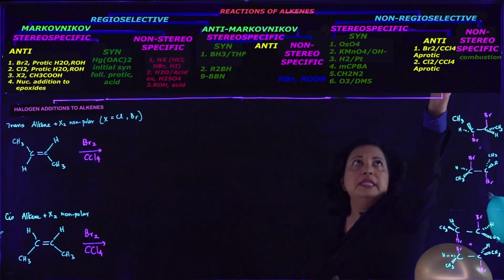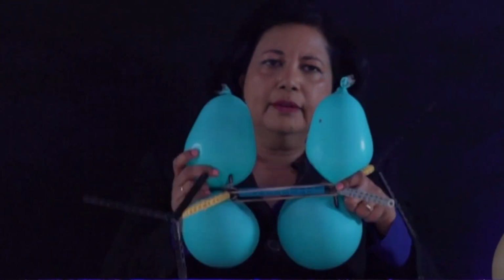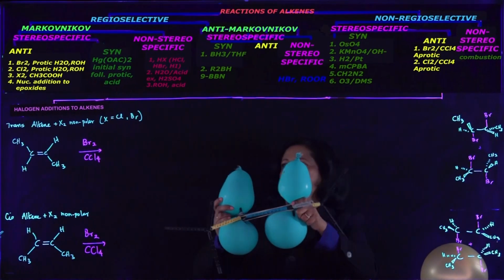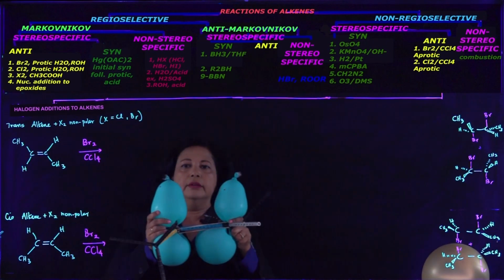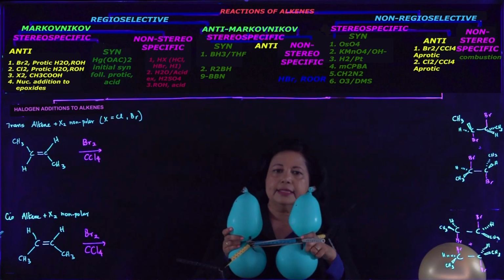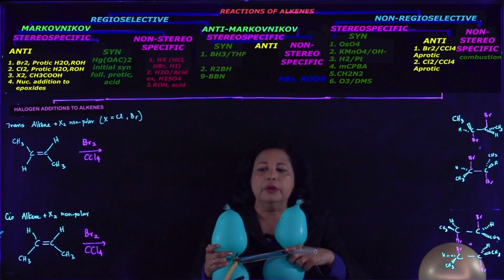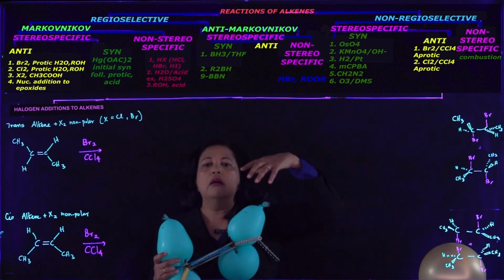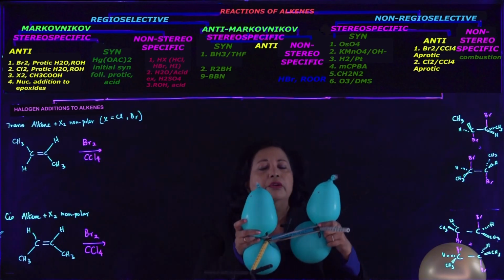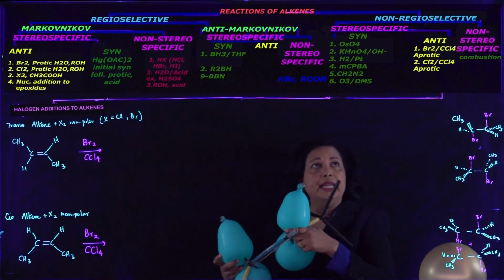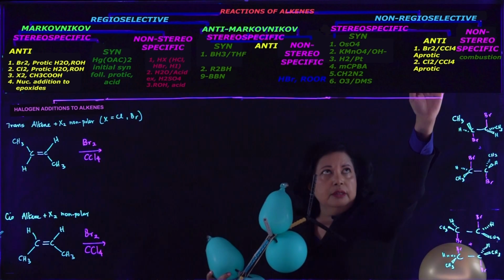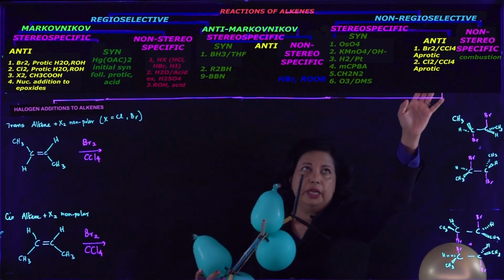What does non-regioselective mean? It means that when you have an alkene, let's say a trans alkene like this, something like this that I've drawn here, it will attack electron deficient electrophiles. It has an equal opportunity of going on either this end or this end. 50-50. There is no selectivity there. That's called non-regioselective. But in this case, we're going to talk about addition of a halogen, specifically bromine or chlorine,